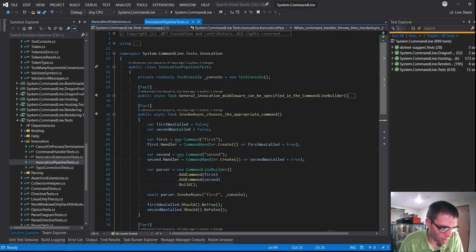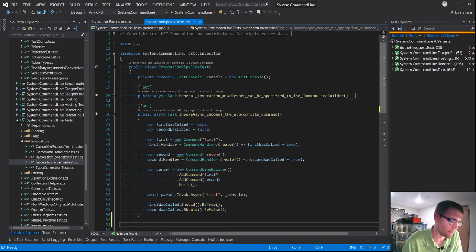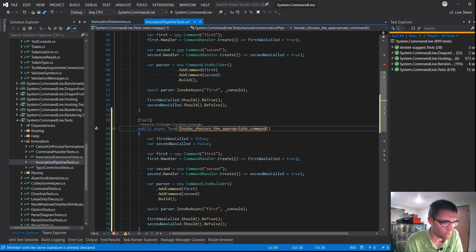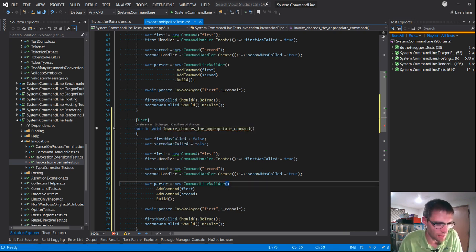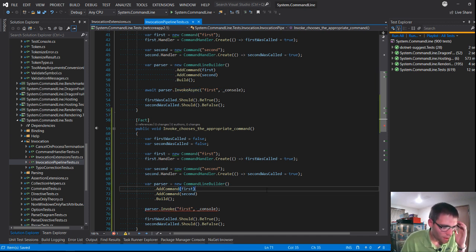So, for example, Invoke Async chooses the appropriate command. This is absolutely, because Invoke Async is the method under test, this absolutely should be added. But the ones that are testing the use middleware, I don't think it's worth having a second test to call invoke for something that's not actually being tested. So this guy here,